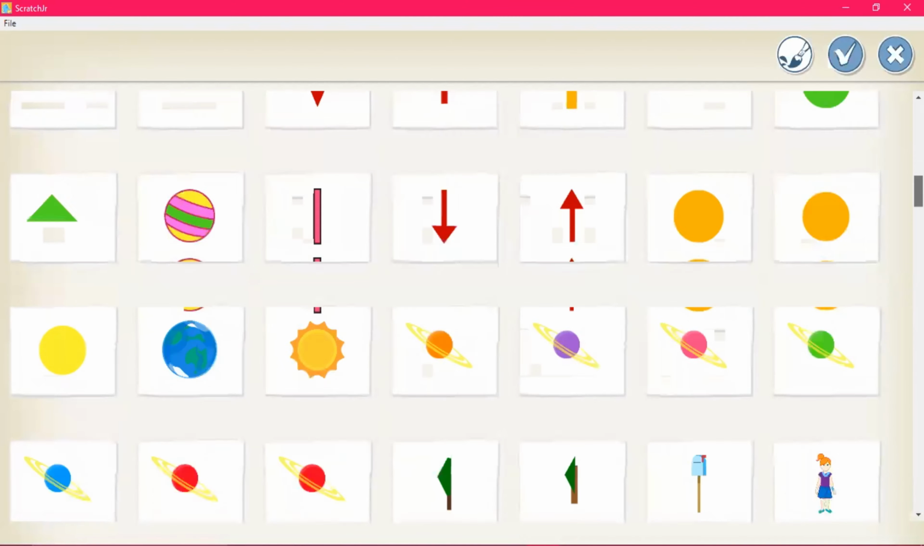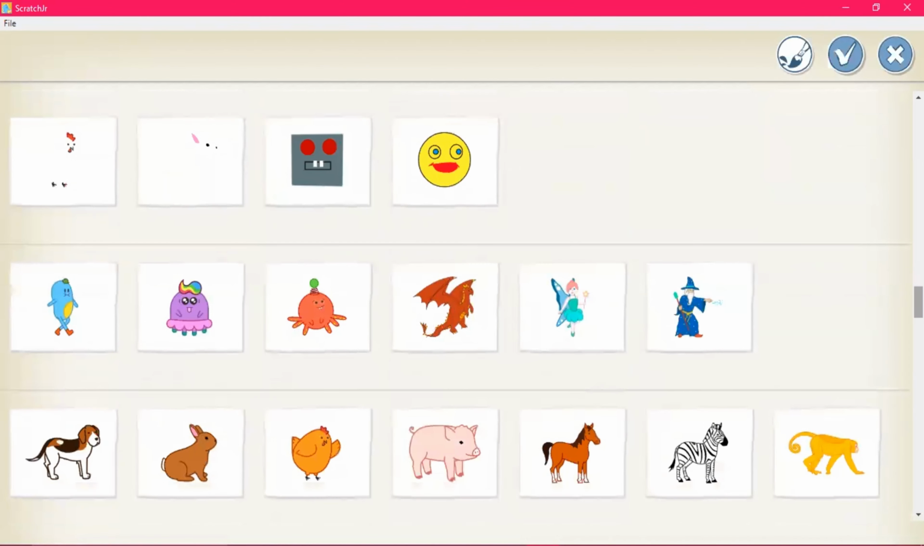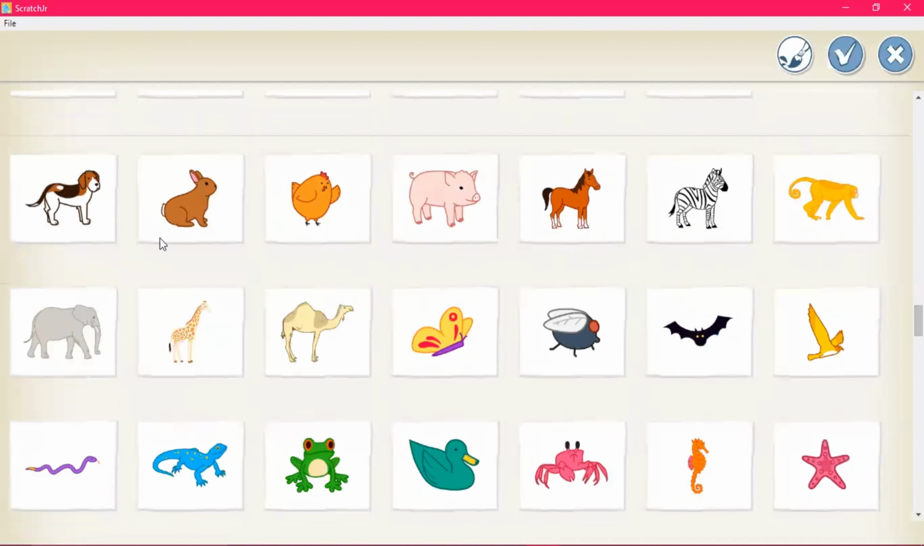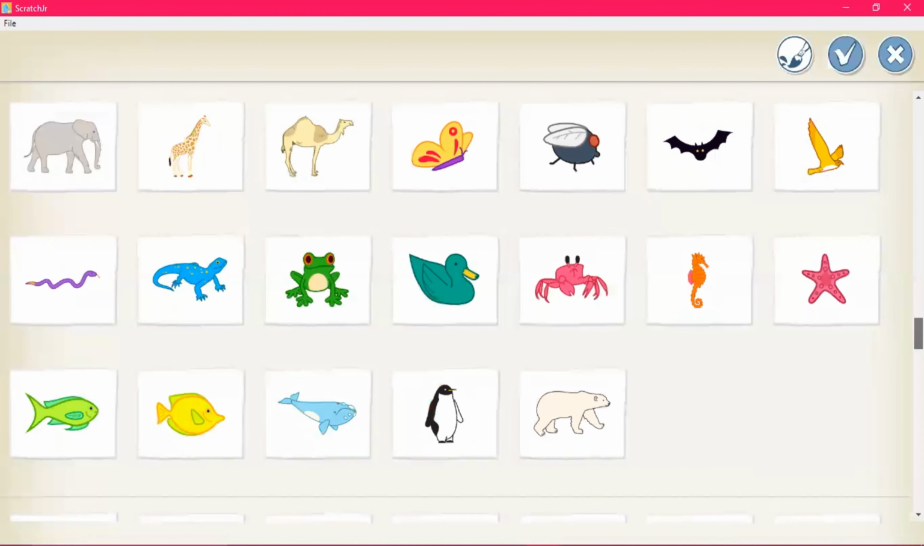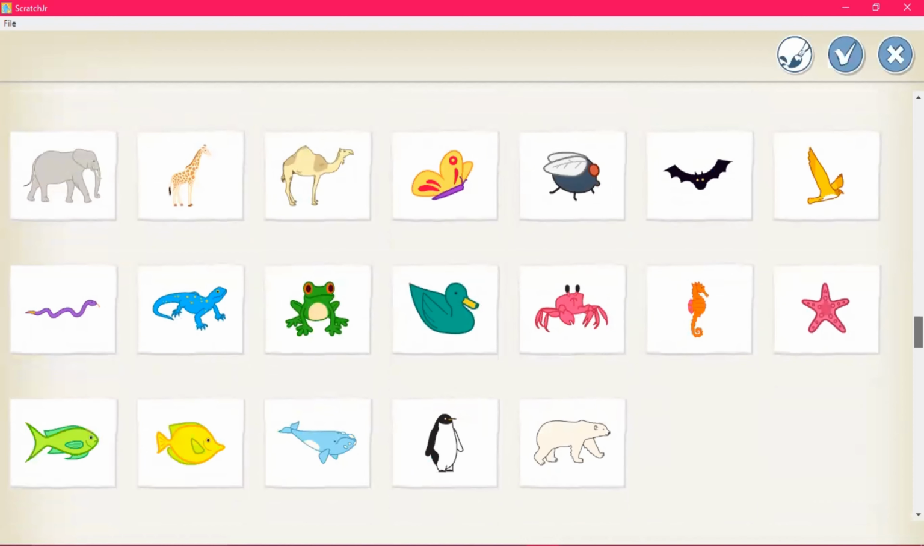So let's go down and see which image we should add. Okay, your animals start from here. Dog, rabbit, and all these animals are there. Like you do have wild animals, farm animals, and sea animals as well. Okay, I think I'm going to take